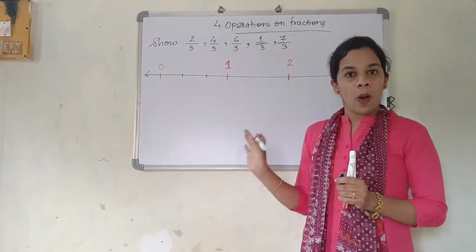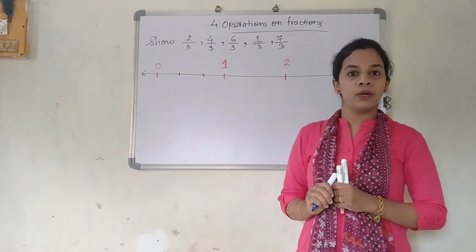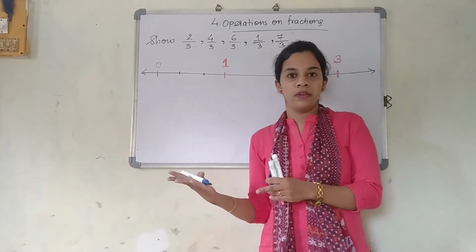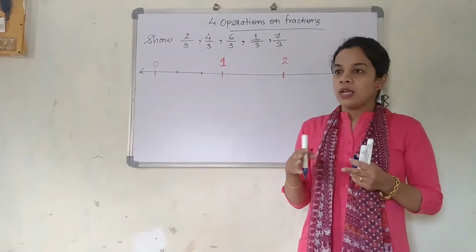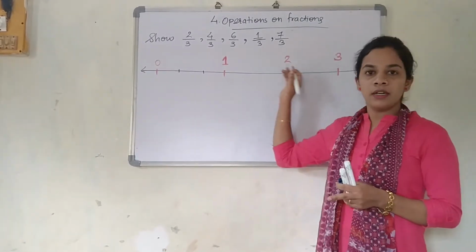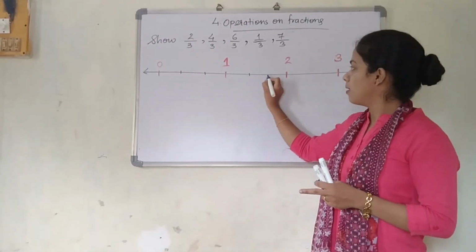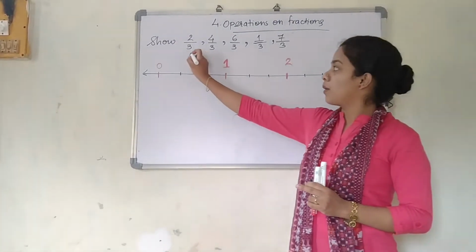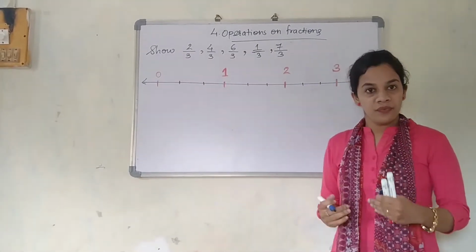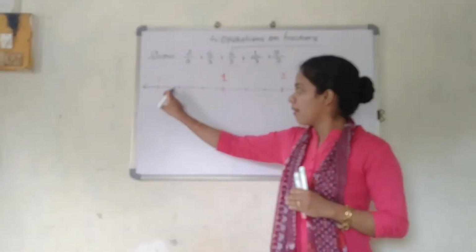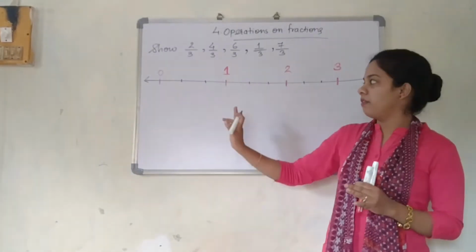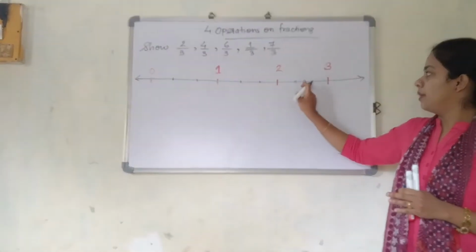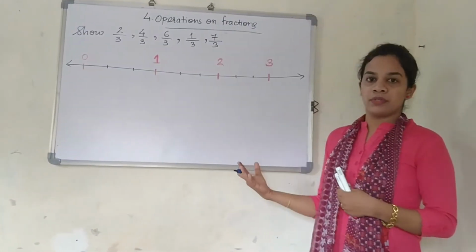I have divided. While dividing, how many small lines did I draw in between? Yes, 2 lines. If 3 divisions are to be made, I will draw 2 lines. If 4 divisions are to be made, I will draw 3 lines. Same way I will do further, because everywhere the denominator is 3. So again 1, 2, 1, 2. Our requirement was that the denominator is 3, so from 0 to 1 we made 3 proper divisions. Between 1 and 2, 3 divisions. Between 2 and 3, 3 divisions. Okay, so now we will proceed further.